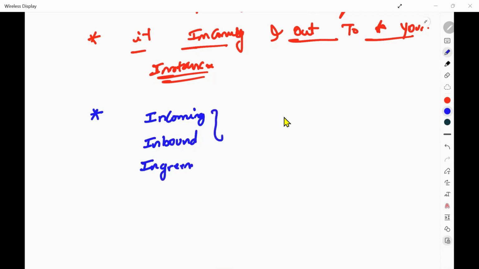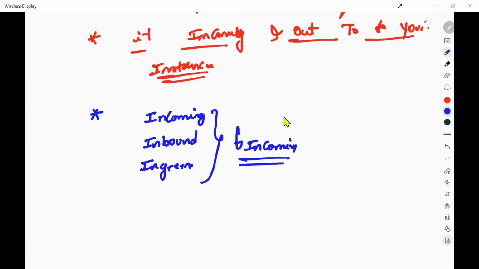The meaning of all three words is incoming traffic, inbound traffic, allow the traffic, come in.